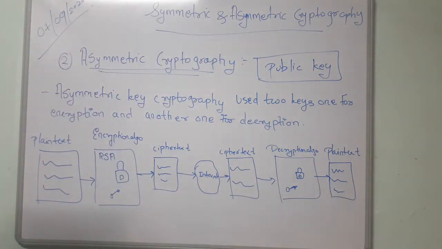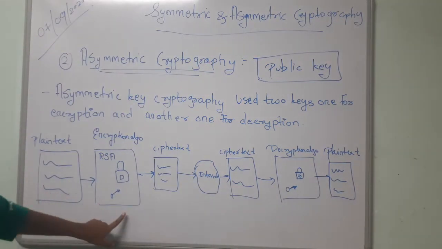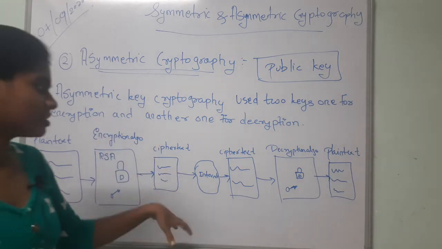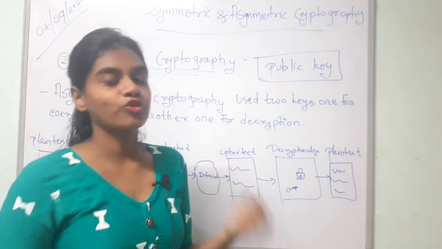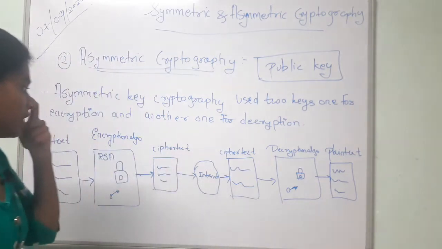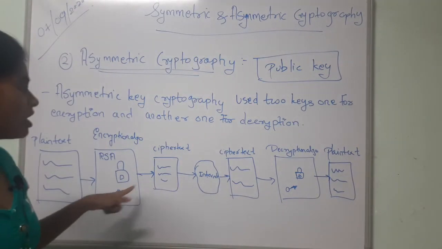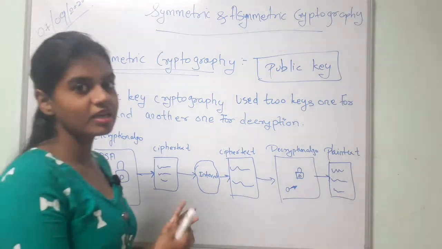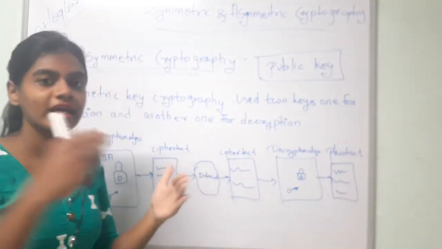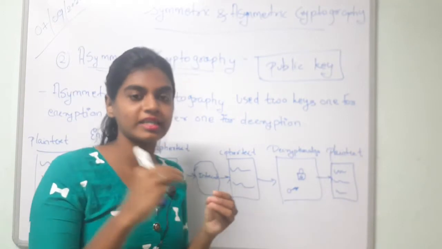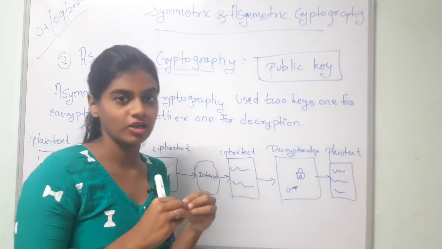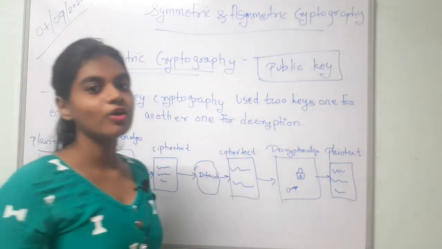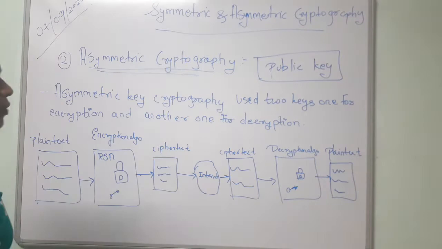Now here come the advantages. In asymmetric cryptography, if an attacker wants to decrypt the message, to get the actual message that the sender and receiver are sharing, even if he gets one key, he can't decrypt that message, because for decrypting, the corresponding key is required, public and private. Only then can we get the original content of the message. That's the advantage.